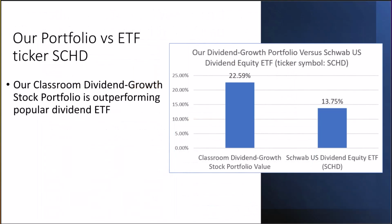A very popular exchange-traded fund, ETF, that only holds dividend stocks is called the Schwab U.S. Dividend Equity ETF, ticker symbol SCHD. SCHD is a large holding in my personal account, so I've been tracking SCHD's performance closely with our 2 dividend-paying stock portfolios. As of today, our dividend-growth